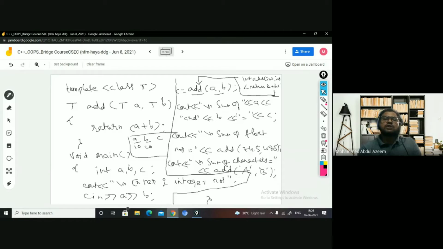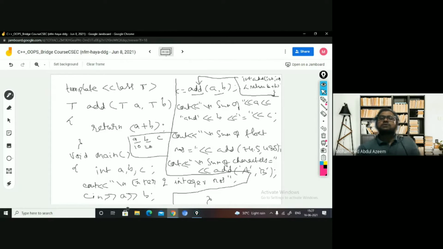Now a version of integer kind from this particular generic is going to be generated, and which is going to be called here. And for this particular version, of course, memory will be created, because the data type is clearly mentioned. All these T's are going to be replaced with integer kind. Integer requires 2 bytes. So based on that, the memory required for this function is going to be created. That means an activation record is going to be generated.